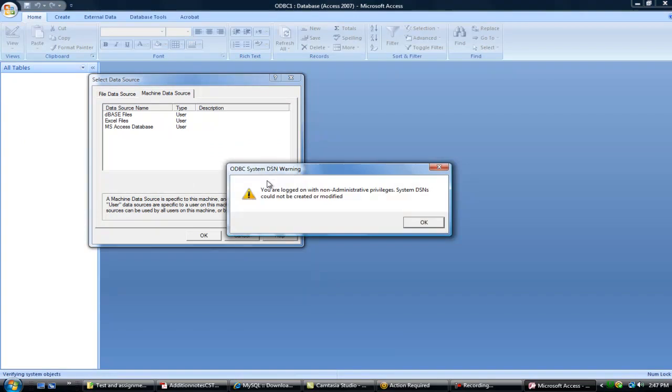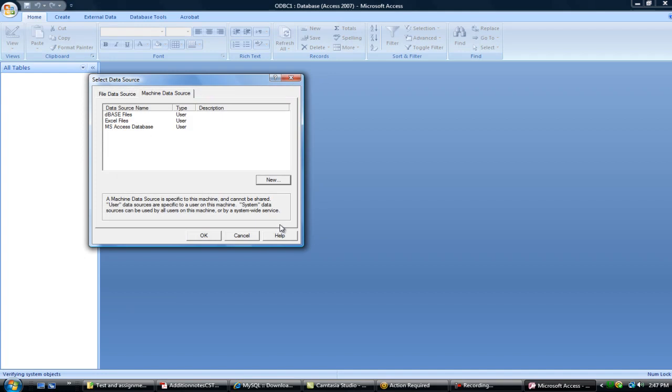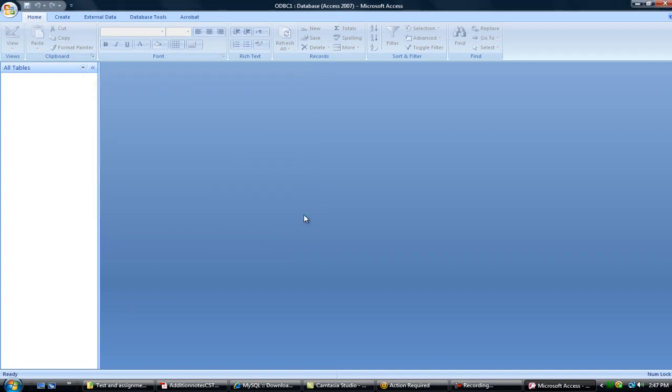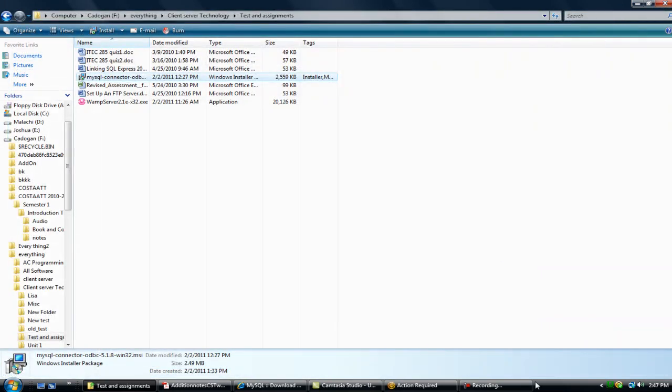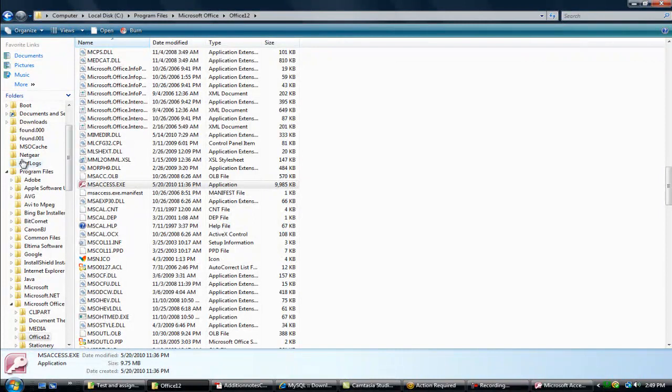I'm going to see if I get the option to get the system resource, but I'm not getting the system resource here. So what I have to do is cancel here and see if I could open Microsoft Access in administrative mode. Alright, since Microsoft Access did not run in administrative mode,